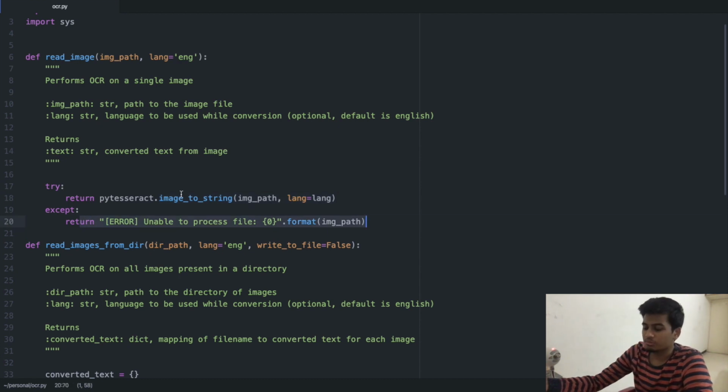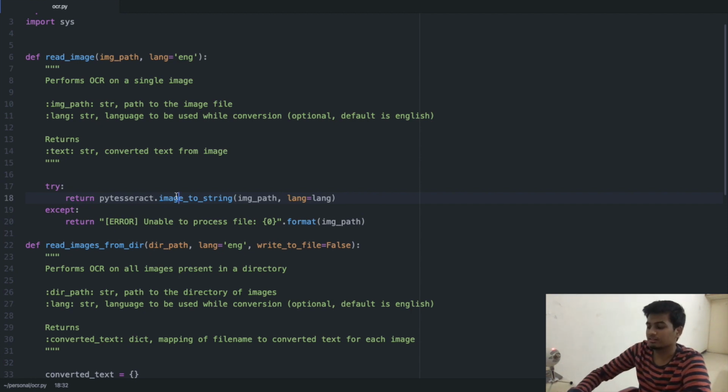The most probable reason for this error might be that you do not have the Tesseract binary in your environment path. What I mean by that is, especially for the Windows users out there, when you install Tesseract, the binary which you installed may not be in your environment path. So you would either need to add it to your environment path, and you can Google how to do that. It's pretty simple. You can add it to your environment path, and then this should work.